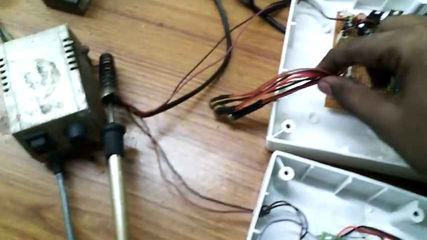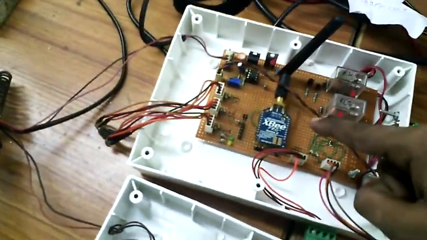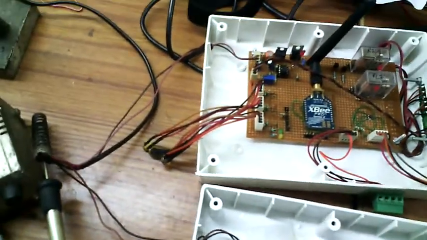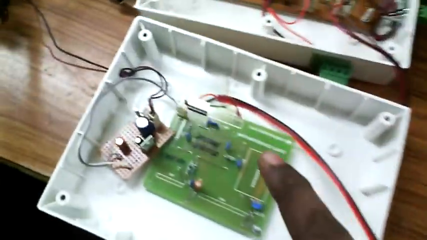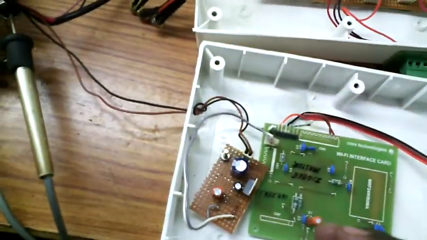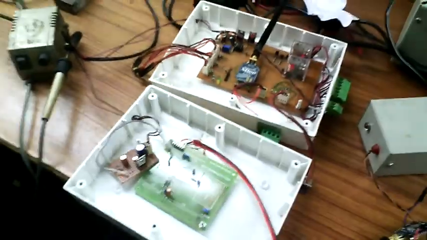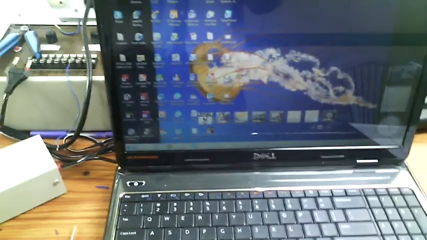Now what we are doing is that these temperature sensors are sending this data to the slave Zigbee, and this data is sent to the master Zigbee, and this master Zigbee is connected through wire to our Wi-Fi module, and this Wi-Fi module is sending the data to my laptop, and after that this laptop will send the data to the core network, the infrastructure network, and then we can have the output in the infrastructure network.